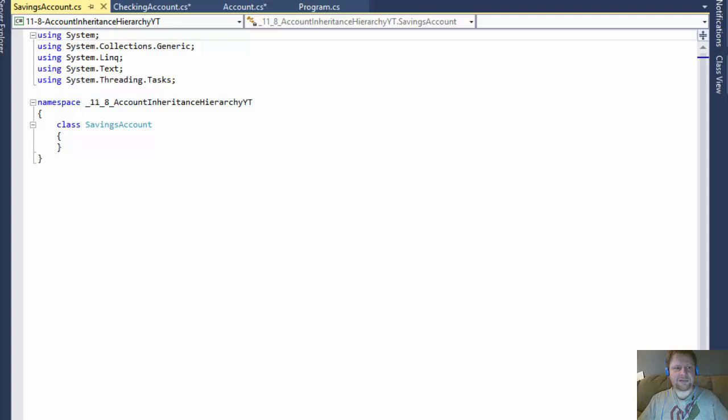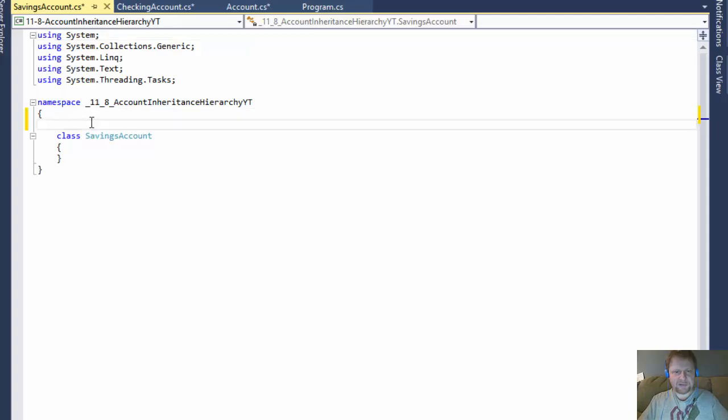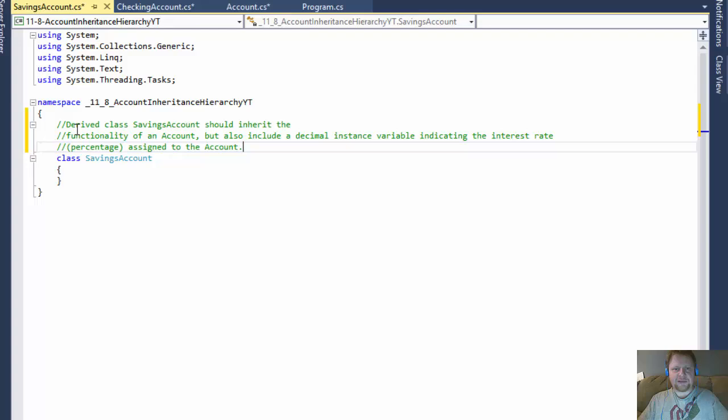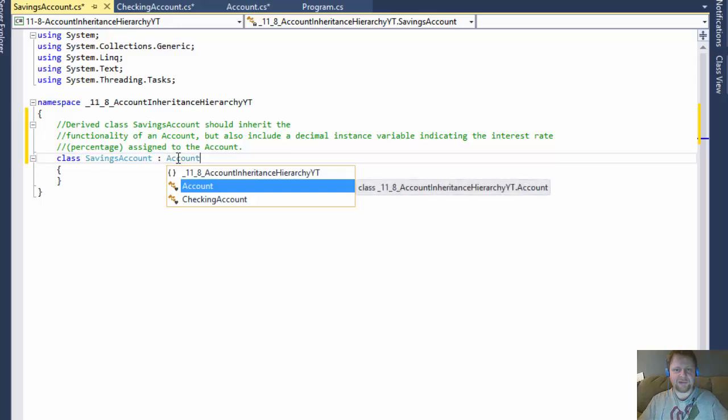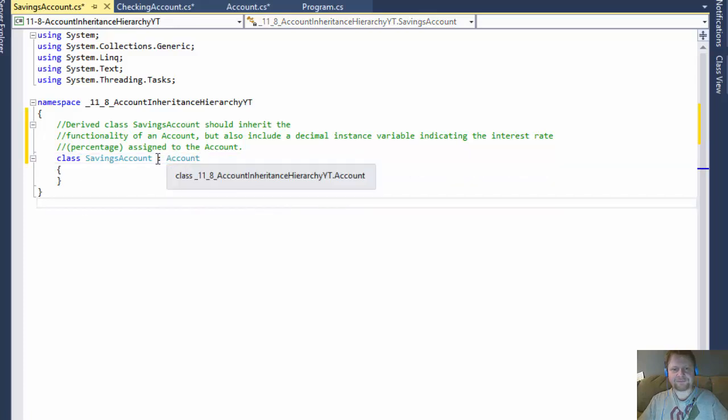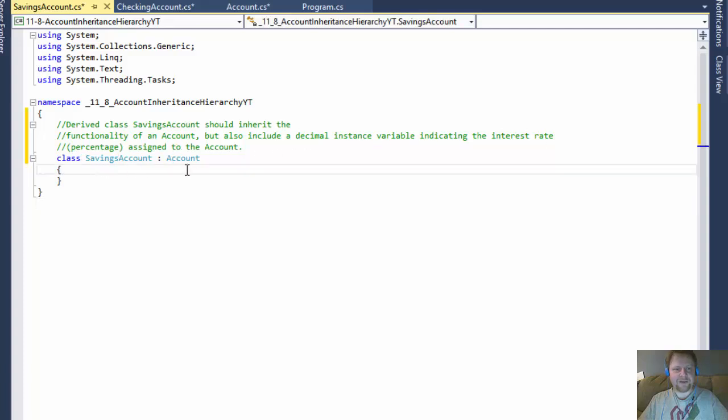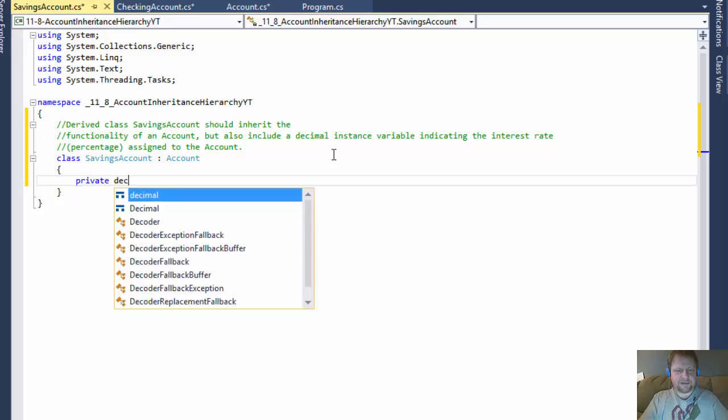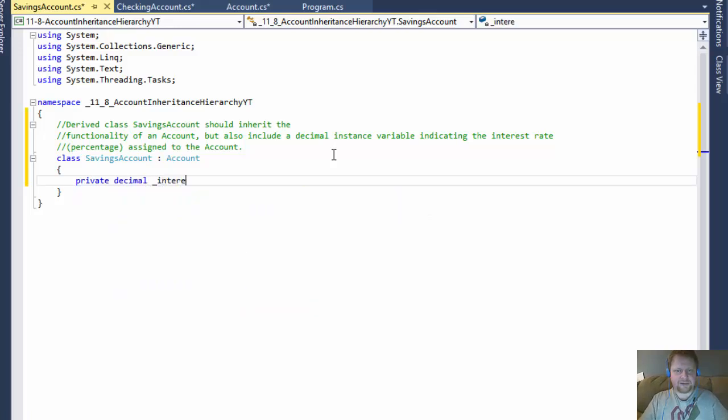Now our savings account, let me just copy paste again what we are going to be doing. We are deriving class from savings account, so I can as well do that right away. It's going to be from our account, just like our checking account was. It should inherit the functionality of the account, but also include a decimal instance variable indicating the interest rate in percentages assigned to the account. So that's going to be our first thing that we do. We will define a decimal of interest rate,